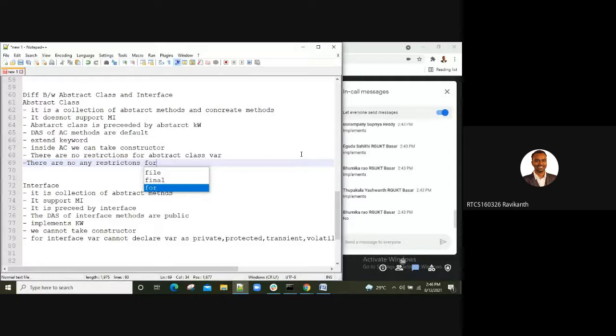For abstract class methods, we can use any modifiers.